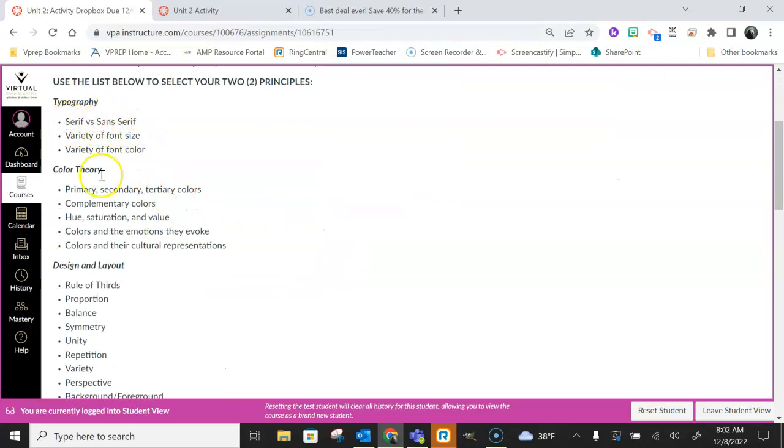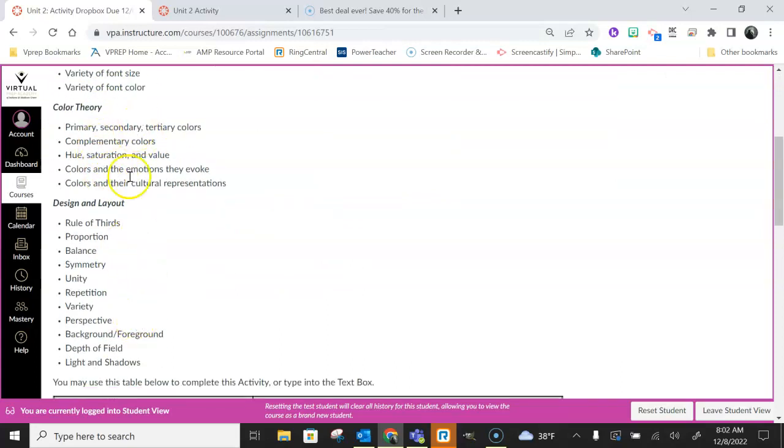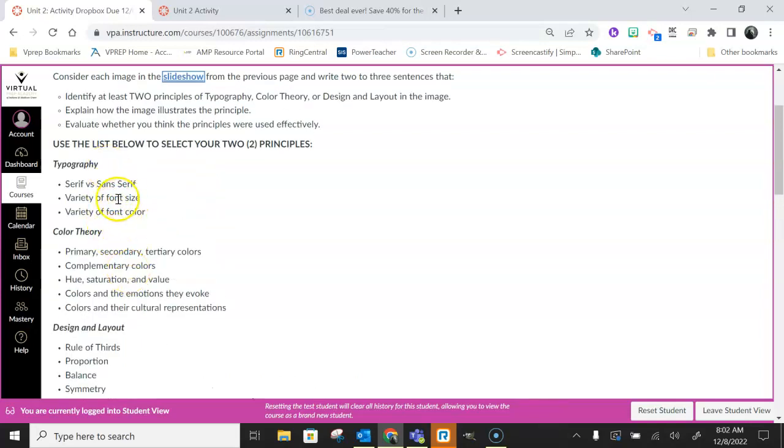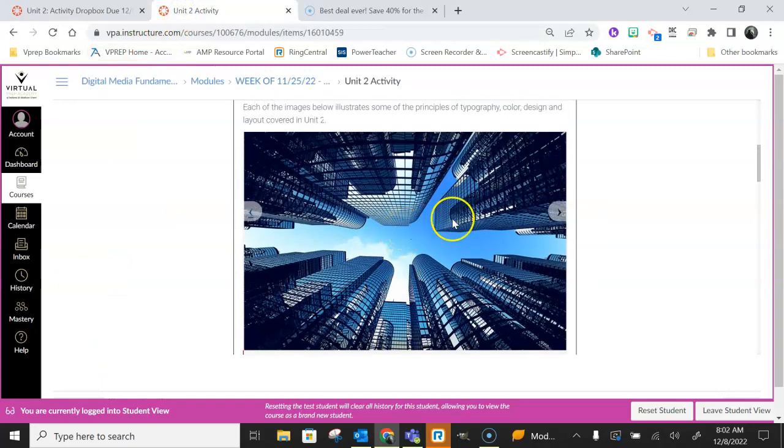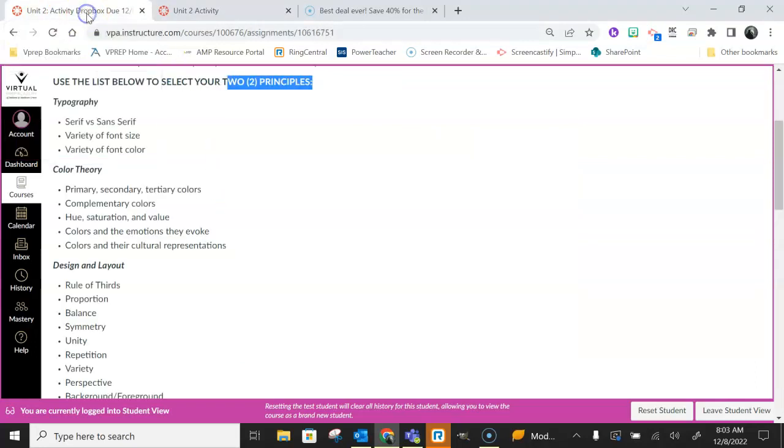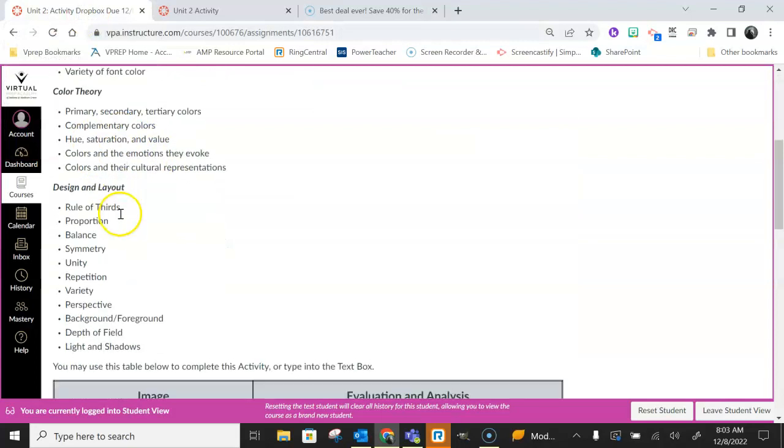You want to pick 2 of these principles listed below. It says here to use this list to select your 2 principles. So there's no typography in that first picture, is there? No, it's a skyscraper, but there is definitely proportion, there's balance. Also, there's vanishing points, points of view. So you're going to come back here to